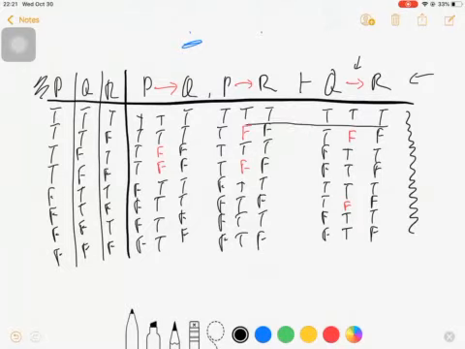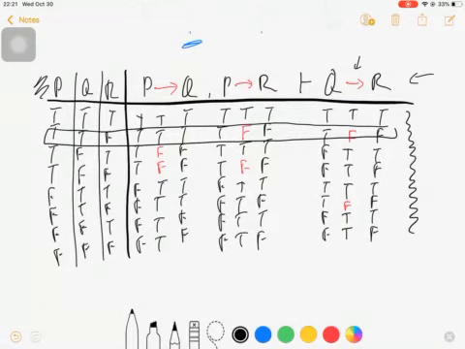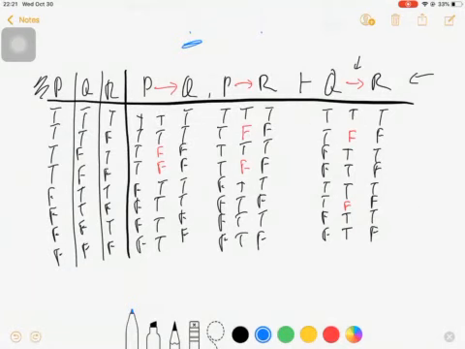So we can take a look at this row, for example. And we ask, does this give us all true premises but a false conclusion? And the answer is no. Why? Because this is a false premise right here. So instead of doing that row, let's do a different row. Let's do